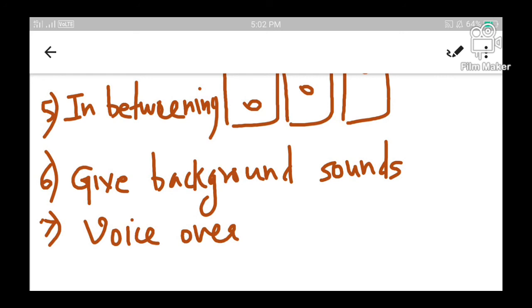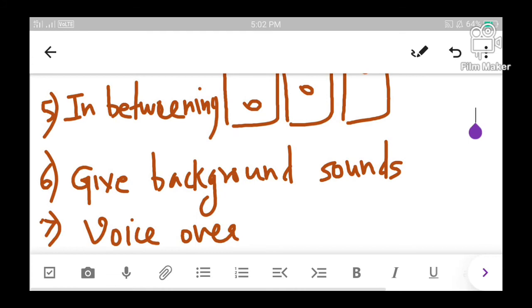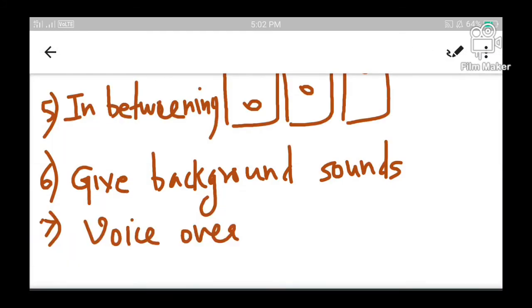Now after these scenes are arranged in a proper sequence, we do a voiceover. That means for each character, appropriate dialogue delivery is to be done. When this scene is ready to be telecasted with its proper dialogue delivery, these static images will be moved in rapid succession to create a feeling of motion picture. This is what an animation is.